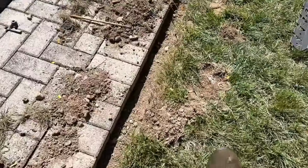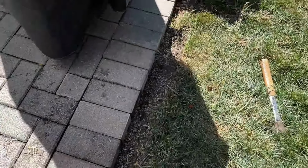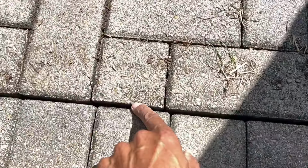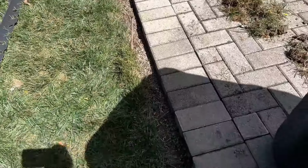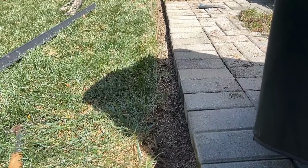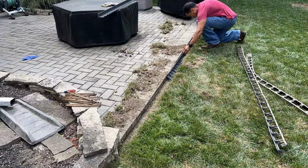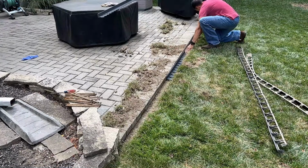So as you can see, we've got a nice trench all the way along here. I've gotten the bricks back into place. There is a little bit of a section, as you can see, right along here. That gap is a little low. So I went back and corrected that so that I could level up the backs of those bricks, you can see right there. Once that was done, we went ahead and got the new edging in place